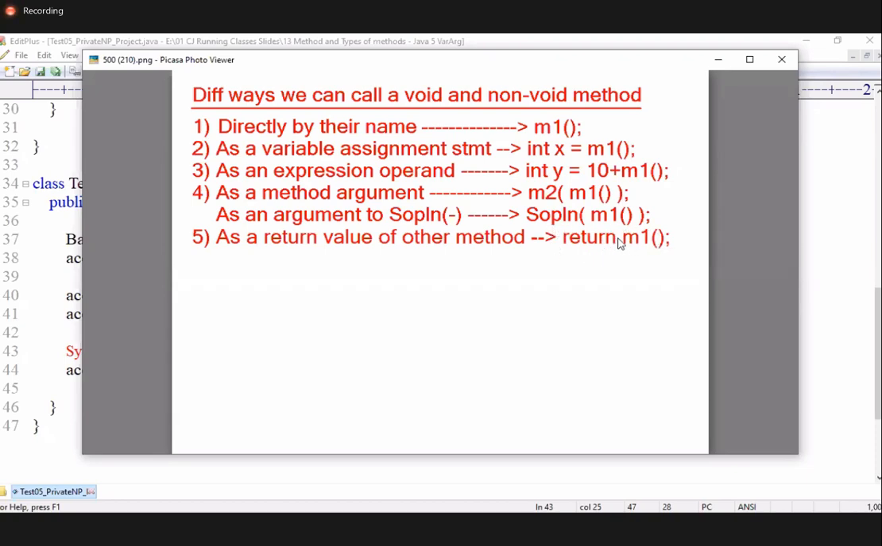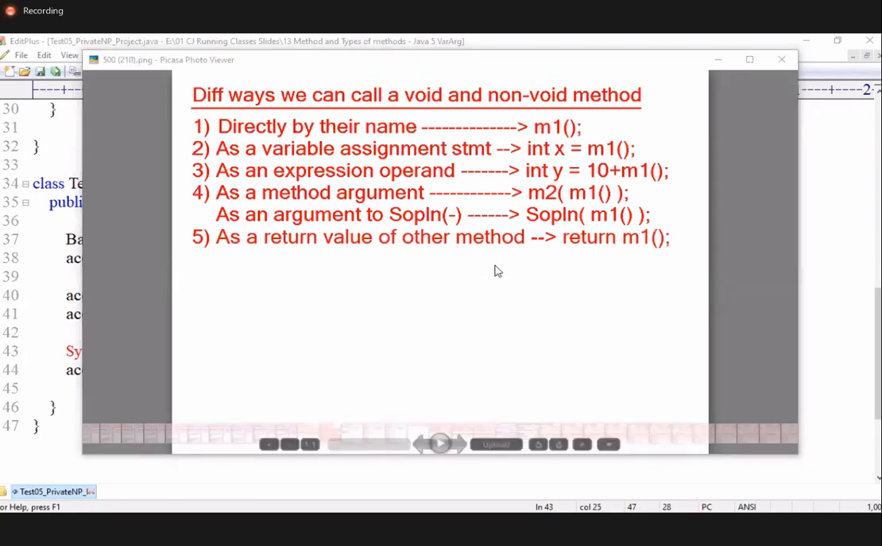In this operation, M1 method is executed, and the return value is returned from the current method. Let's say the method is M3 method. M3 method return type is int. M1 method return value is returned from M3 method. So totally how many ways can we call? 5 ways. Now you decide and tell me, among all these 5 ways,